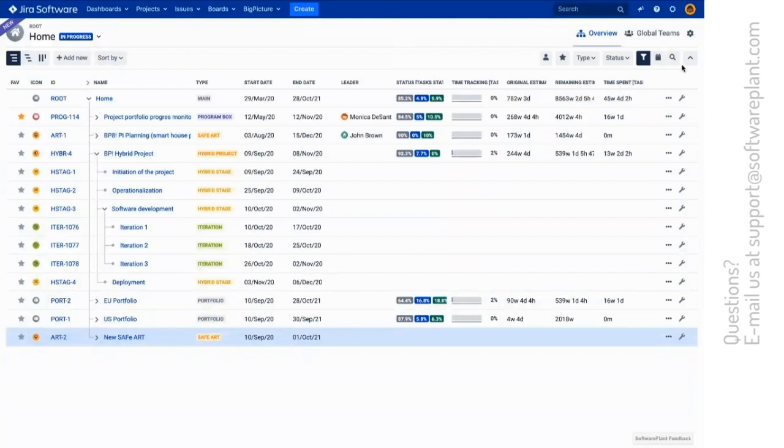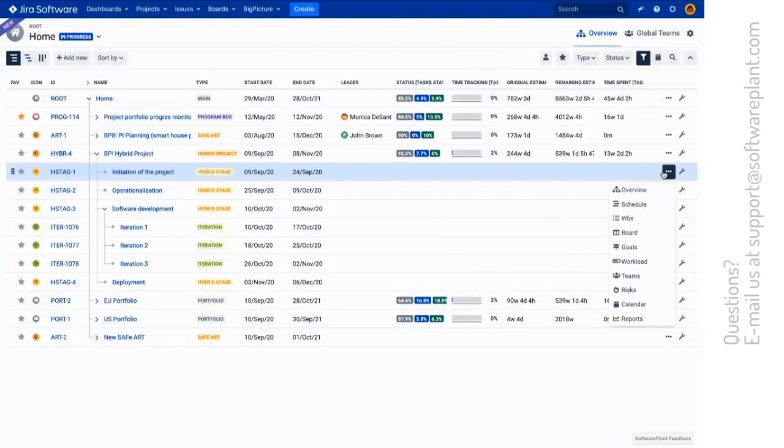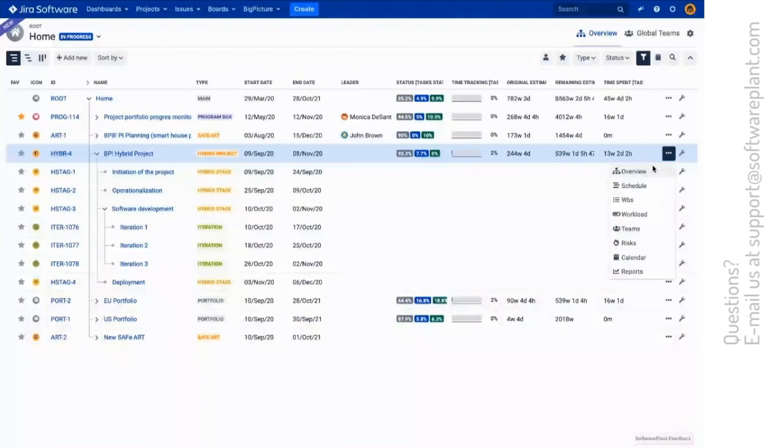What is also important is that you are now able to change the terminology used. Okay, so let's give it a try. Let's see how that looks. If, for example, I use the hybrid project, you'll see that the list of available modules differs from the standard version of BigPicture. That's because we can now